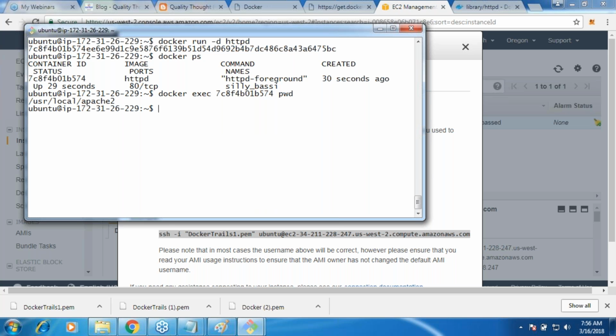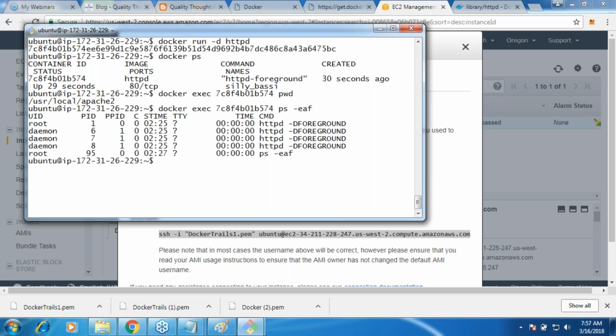So if you want to execute simple commands, there is no need for you to get into the container. You can just say docker exec, give the container name, and after that you pass whatever command you want to run. So for example, I want to see what are the processes that are running on this machine. So ps,